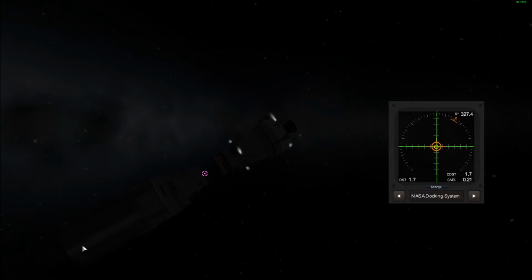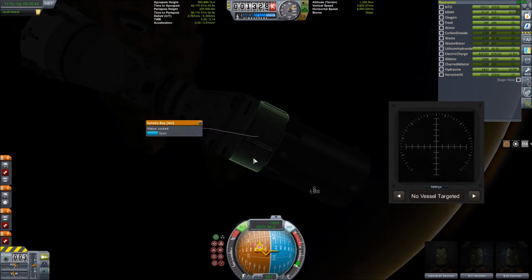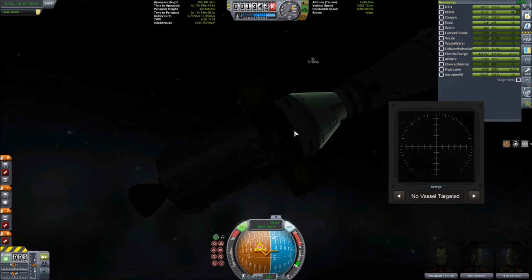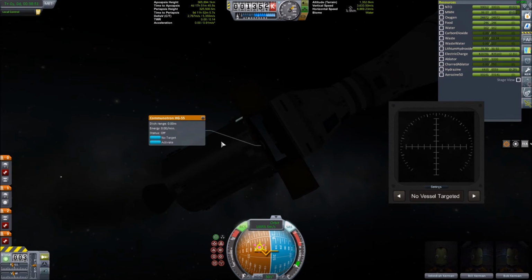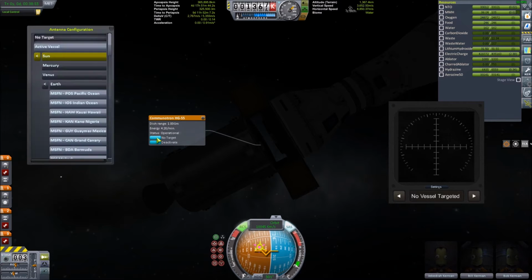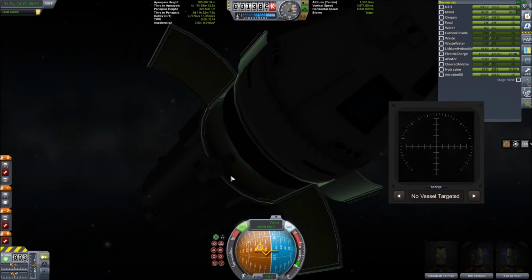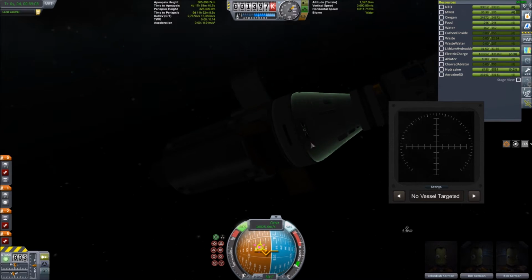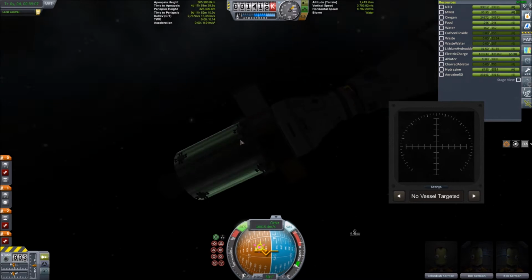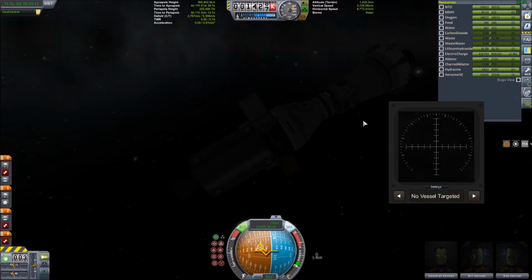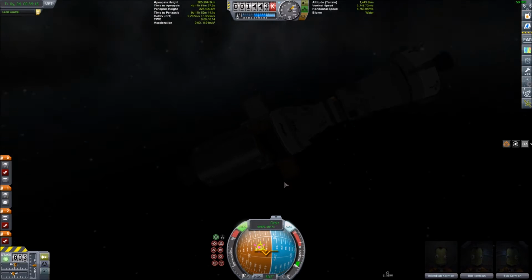So I'm going to fast forward through that. What I'm doing here is activating the antenna that will communicate with Earth after I get farther away. And also, after activating that, I had to make a correction to my course so that I would end up